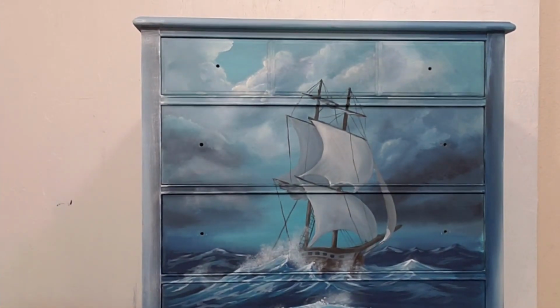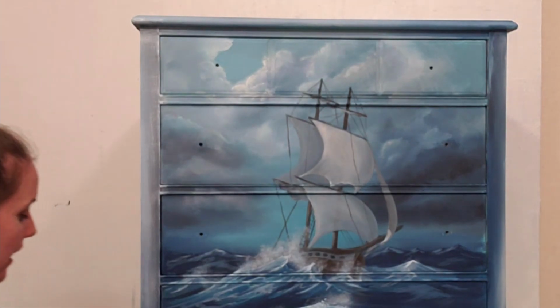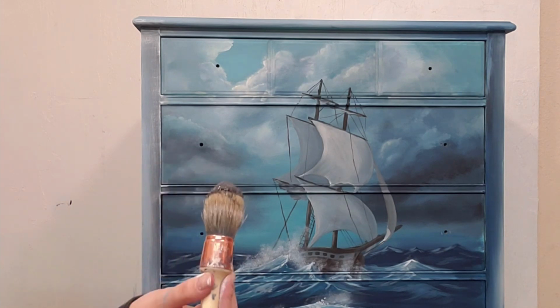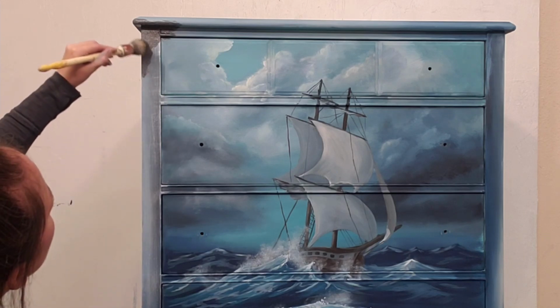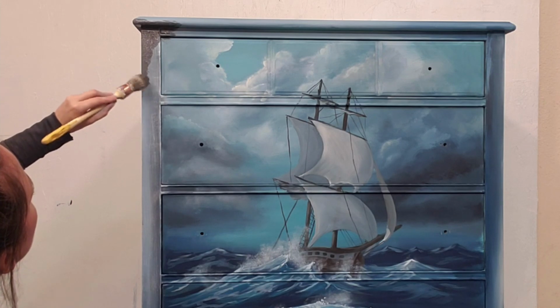Let's get this iron on here, and I'm just gonna do one coat for better coverage of it. You can do two. And I did shake it really well while I was bringing it out here. Now, it's this gray color, so you're gonna be putting this gray color on first. So to get some really good coverage, you can do the two coats. I'm just gonna put it on nice and thick,